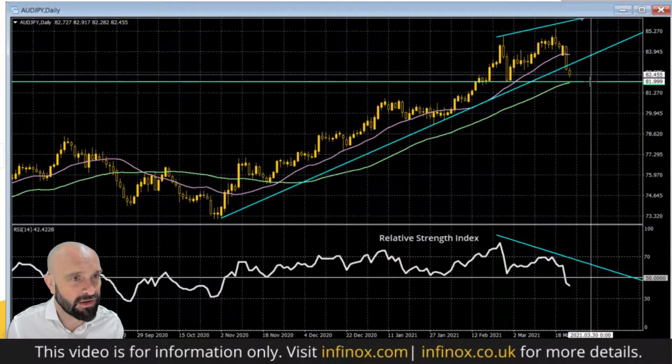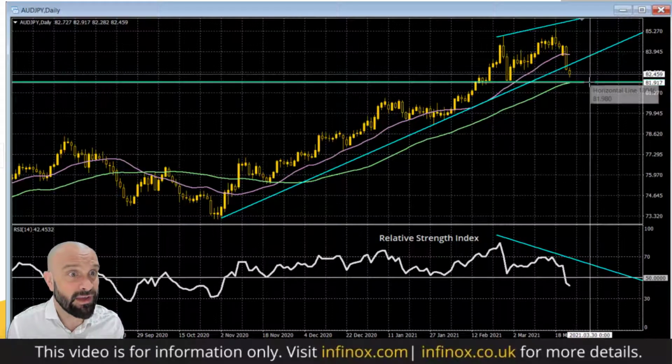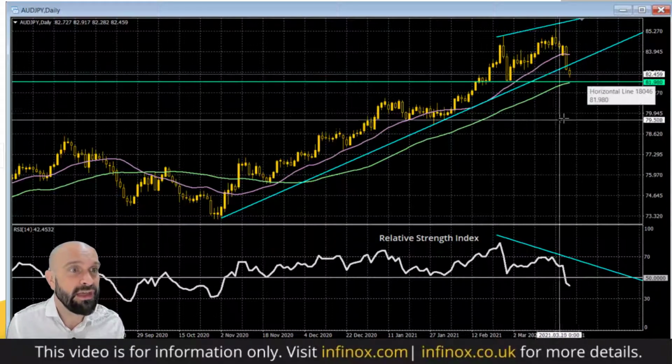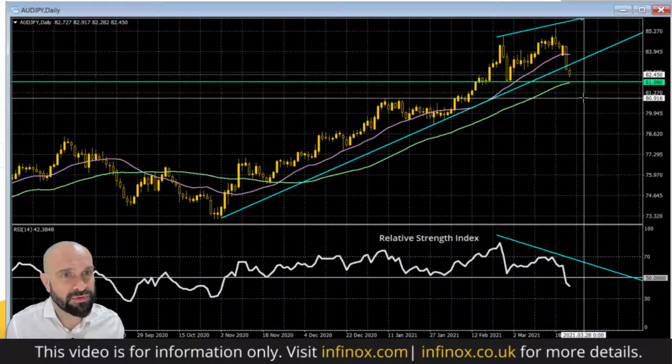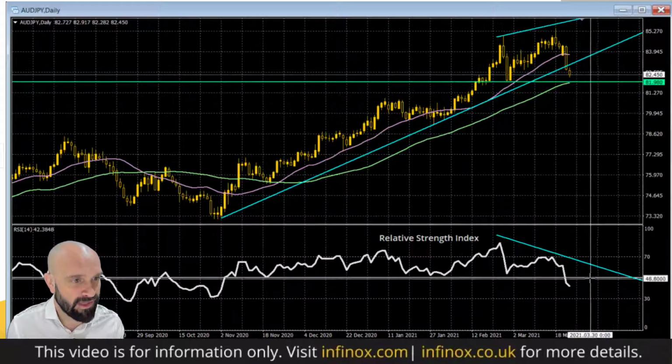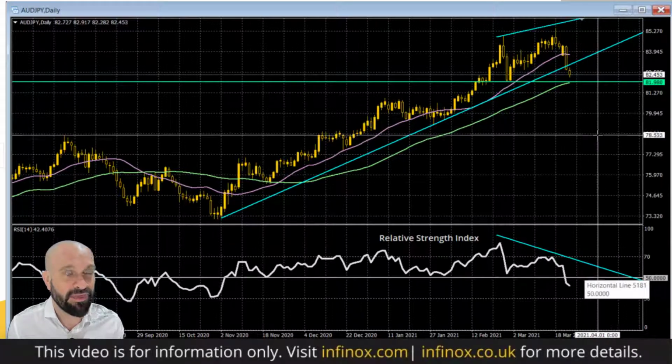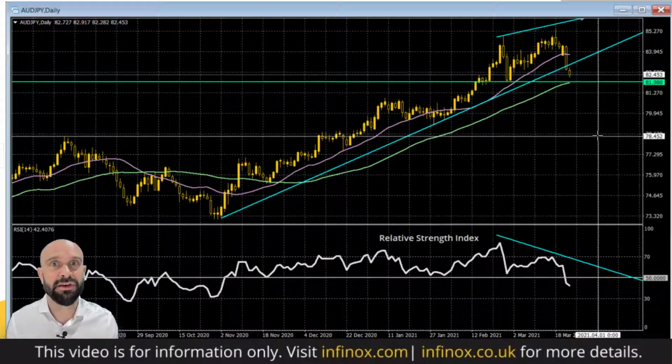Now we'd be certainly looking at the support at 81.98 being the key level to watch out there, and if you do break down below that, you're then looking at a move back towards the 80.90 area, and look at that momentum breaking down there. So all these charts seem to be turning corrective now.